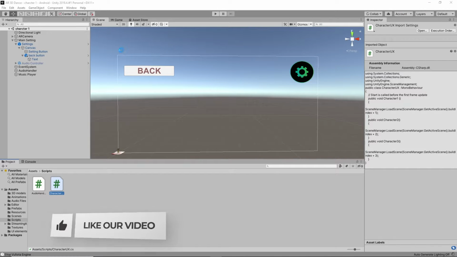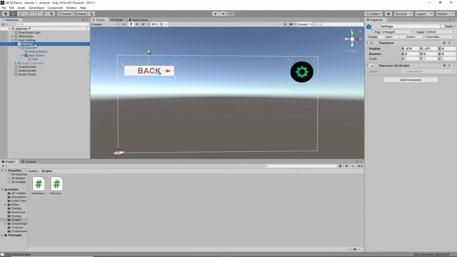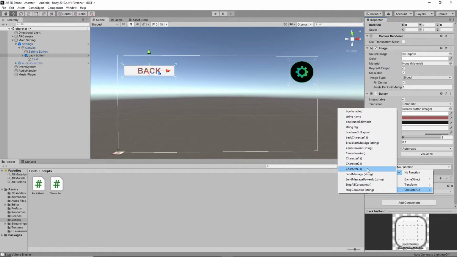So by using this we can check. Add the script to this back button or settings. So I'm going to add it in settings. I can drag the settings here. Here in the function you can go to UX and choose the function we gave, this one, right?